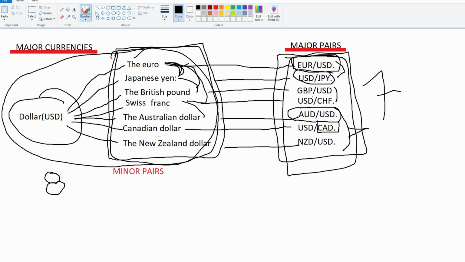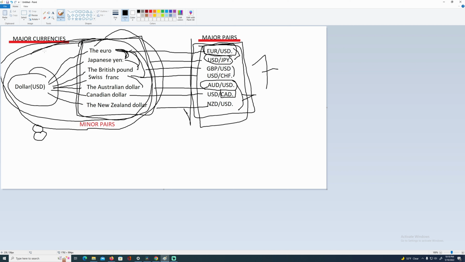Okay, so just remember, take notes. Just go back to where I had all this drawing clean and take notes. Just remember, we have 8 major currencies and we have 7 major pairs. And out of the 7 major currencies, excluding the dollar, all those 7 currencies pitch against each other in whatever combination that you want. Those are called minor pairs. Okay? Now, we're going to move into the next section, which is